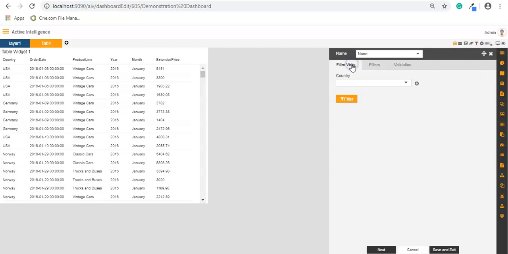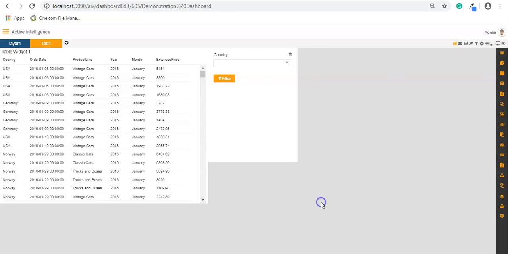Go to the filter view, click on this plus icon and add to the filter widget. So you will notice that we have a filter widget available on our dashboard now. Save and go to the preview mode,